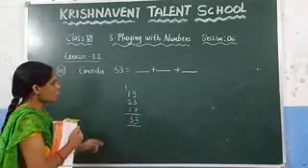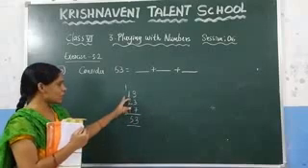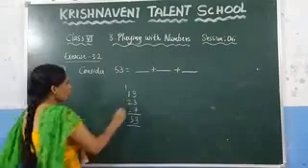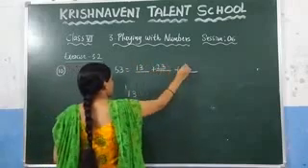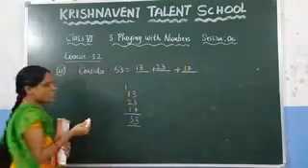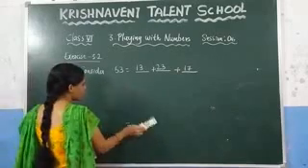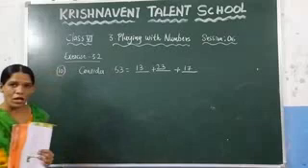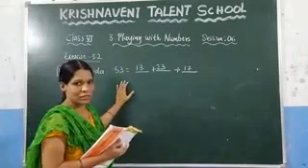Now you can observe that all these are prime numbers because each contains only two factors, the number and the number itself. So you can write this 53 as 13 plus 23 plus 17. You can change the numbers, you can write by your choice, but what will be the condition? After adding all three prime numbers, you have to get the result as 53.